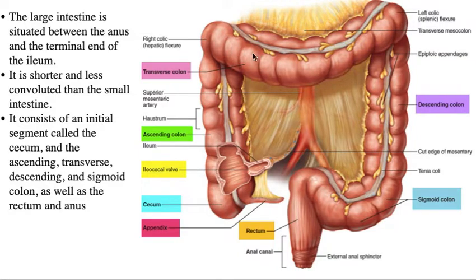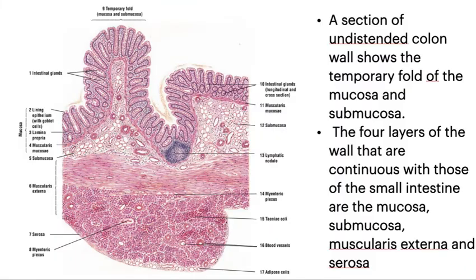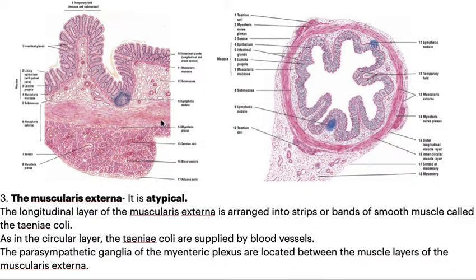Three things: the circulations, the tinea coli over here, and the epiploic appendices make up the typical features of the large intestine. In a histological section, it appears the same. We can see the thickened band called the tinea coli, typically found in the colon. This is the transverse section, and you can see the three bands of tinea coli, which are local thickenings of the longitudinal layer of the muscularis externa.